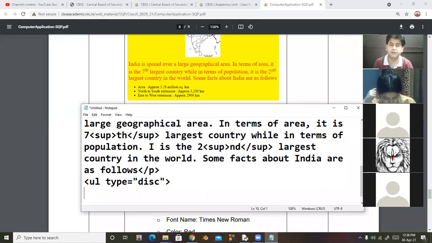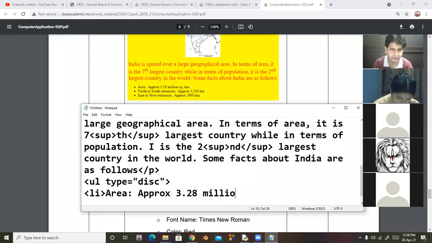So this is a disk, not a circle. So first I take Li area approximately 3.28 million square kilometer. And then Li close.